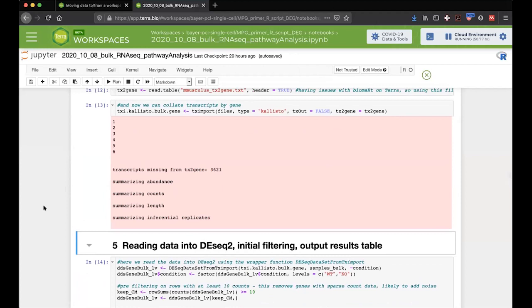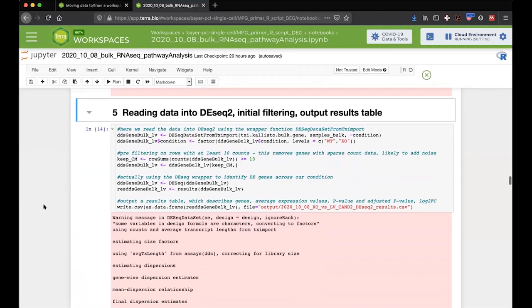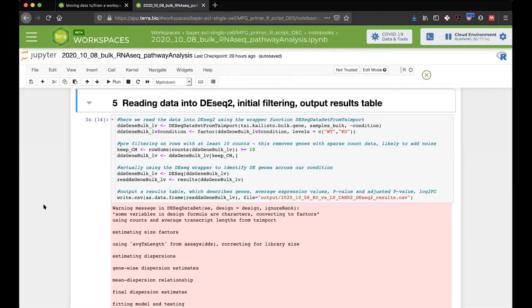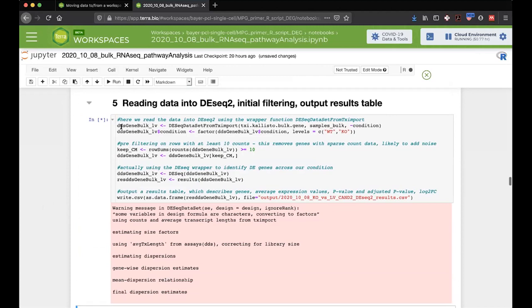Okay, so now we've got everything that we need to actually import things into DESeq2, which is going to handle all of our normalization and all that great stuff we talked about last week. So I'm going to start this and I'll walk you through it. Again, these all go pretty fast, but here's our object, and we're saying DESeqDataSetFromTximport. We're handing it the object that we just made, we're handing it the file that delineates the samples, and then we're saying look at this based on condition, which is a variable from the samples bulk